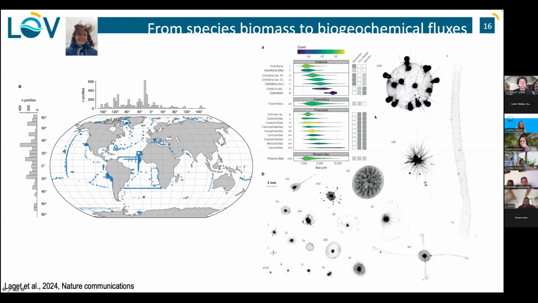And so when you look at the total biomass, they are actually in the same range for the equatorial region. But then the beauty of the imaging data is that you can go in depth into the images. And so Manon, who was a PhD student of Tristan, went into the full data set, and she spent a lot of time validating what was called rhizarians in different groups. So she went through the images, trained an algorithm to do a fast sorting, and then validated everything. So she could sort in that category all radiolarians, foraminifera, phaeodarians, and rhizarians. And so then she could investigate the pattern of the distribution of these different groups inside that family.